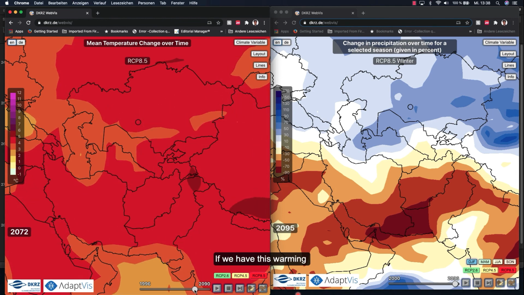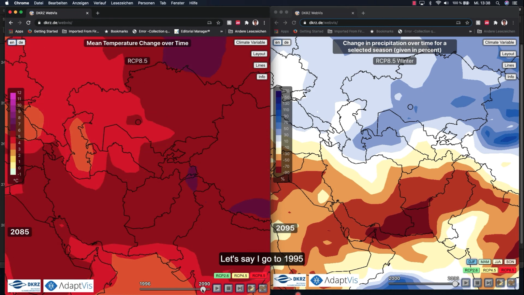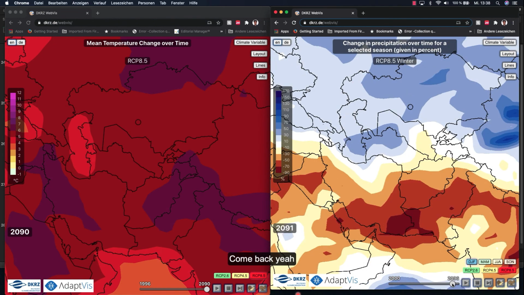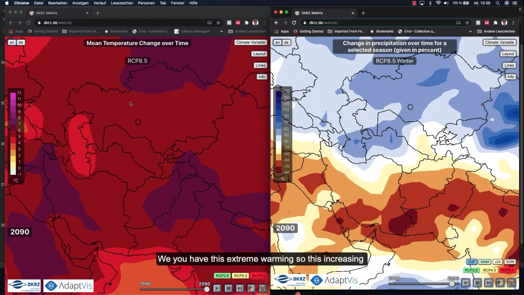If you have this warming, let's say I go to 95, here 95. Well, here you have 90. Come back. Yeah. When you have this extreme warming, this increase in precipitation would also be cancelled out by evaporation. And the system is going to be drier. The problem is with warming climates, this increase in precipitation would be cancelled out by evaporation.